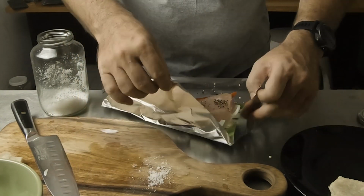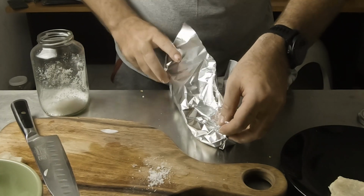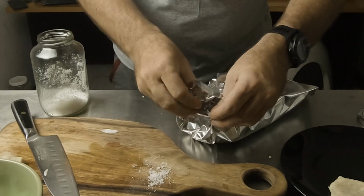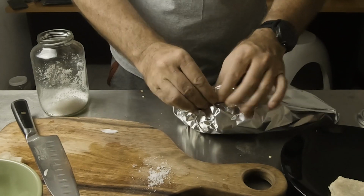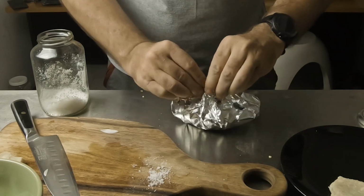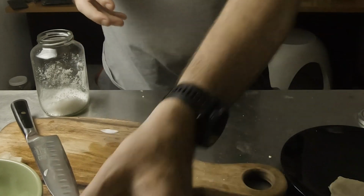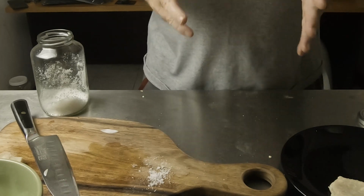And now all we got to do is just wrap this up in a package that is sealed so no moisture or anything comes out of here. There you are. That was the first package. I'll do that with the second one, and then we'll see you by the...